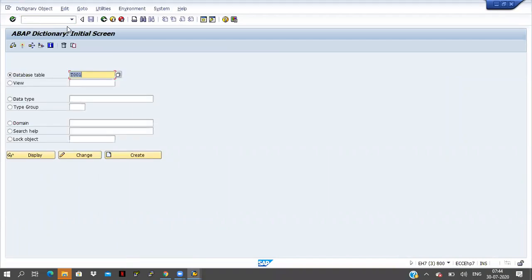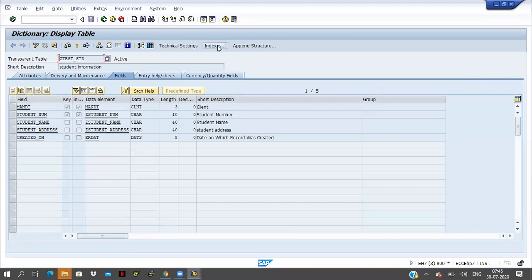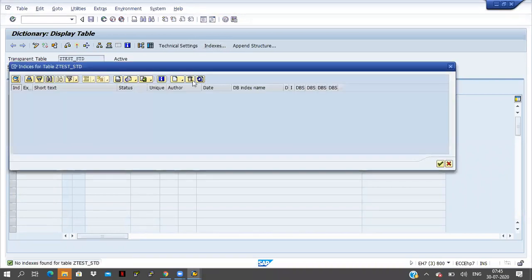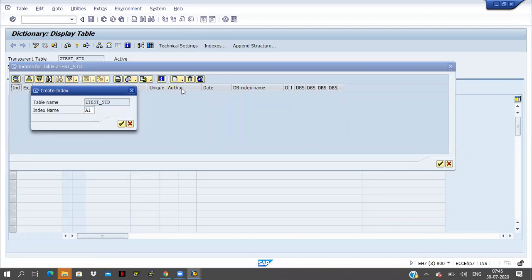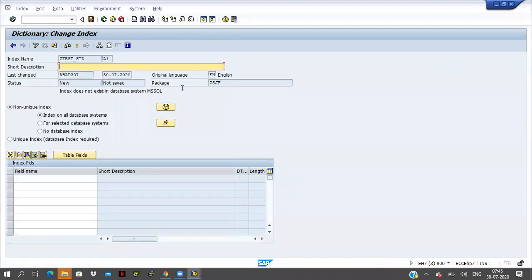Fine, I will take a custom table. Let us see what is happening here. I didn't create any indexes in my real time. For your understanding purpose, I am creating here. Okay, here it is taking. I will show you in the custom table, and I will check for the standard table why it is not allowing. I will check, and tomorrow I will let you know why it is not taking. As of now, I am taking the secondary index in the custom table.